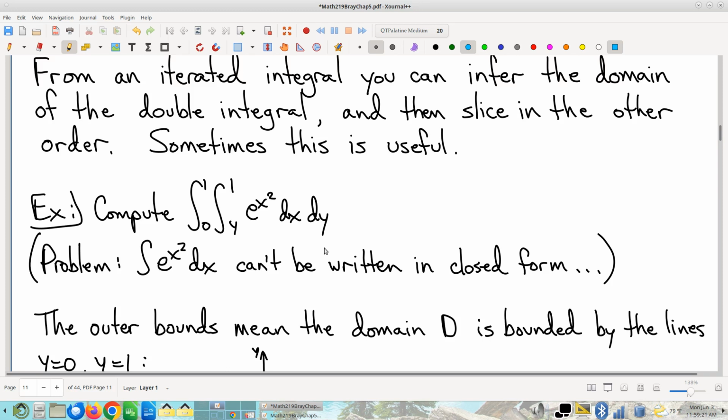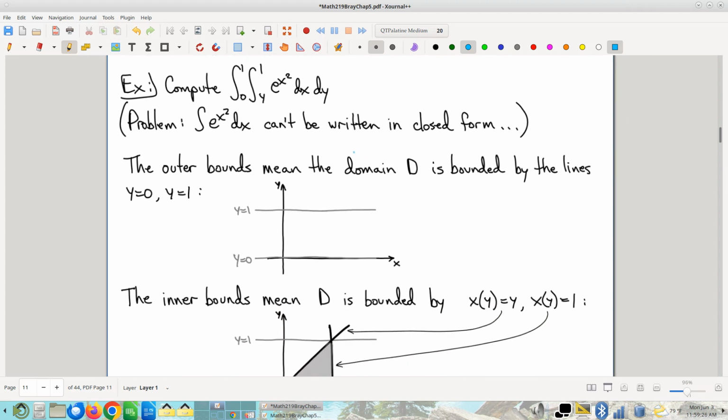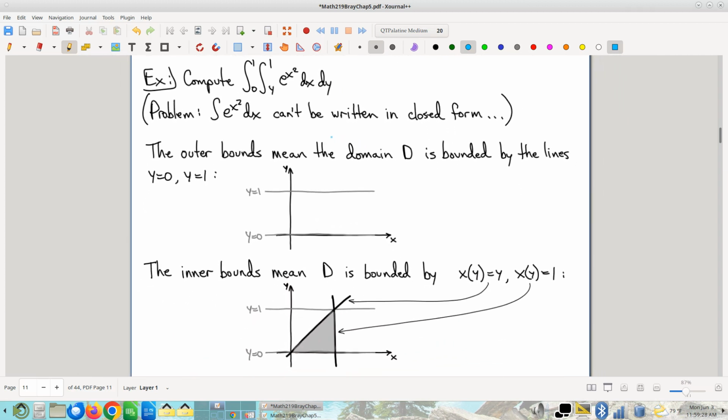What we need to do is reverse engineer what is the domain that gave rise to these bounds in the first place. And the good news, this is a matter of reading straight off of the integral. You can see right here it says y goes from 0 to 1. All right, well, there's y equals 0 and there's y equals 1. So my domain must be between those lines. Let's write it down. All right. And then, for a given value of y, somewhere between 0 and 1,